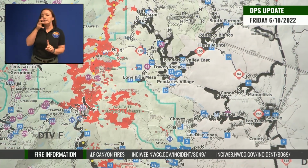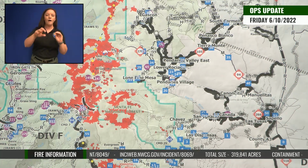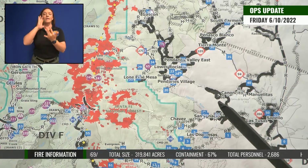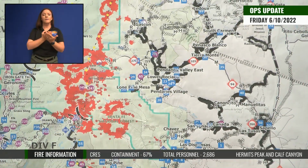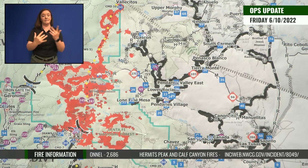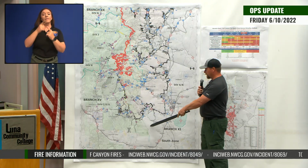So realize that as we move through these next few days, we're getting into a hotter, drier trend with a little bit of wind, that you could see some of those smokes pop up that have just been kind of hiding out there. So moving around into our update for today, we've still got some equipment working in that upper Gascon area doing the suppression repair. They should be finishing up with that probably today and then moving that equipment out. And they'll come back around here to the south end and help us start dealing with these other dozer lines